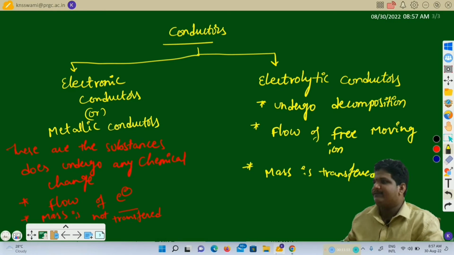Mass is transferred. During passage of electric current, there will also be a transfer of matter in the case of electrolytic conductors. Now here, the best example for metallic conductors is copper. So all metals